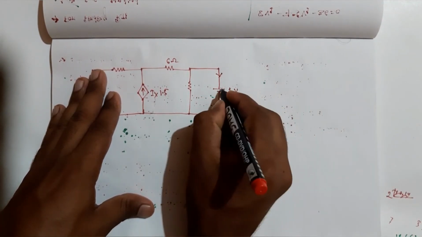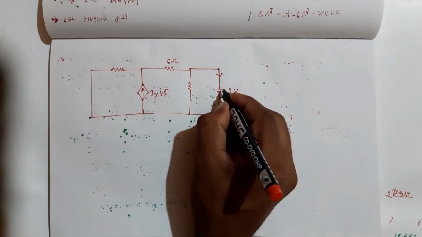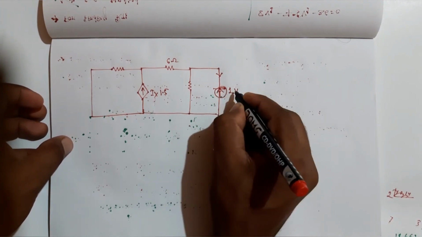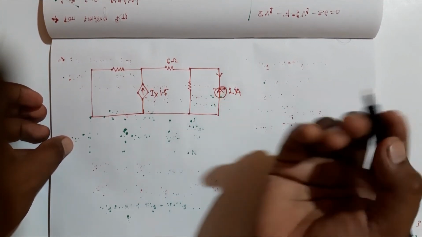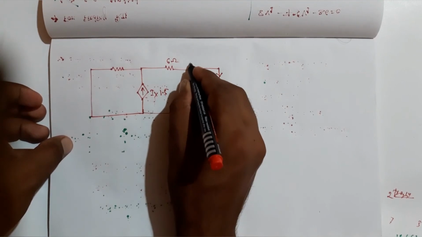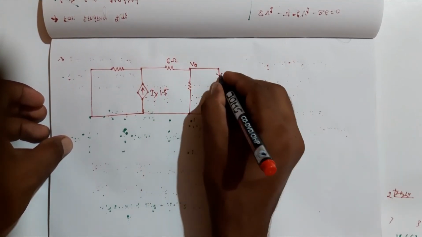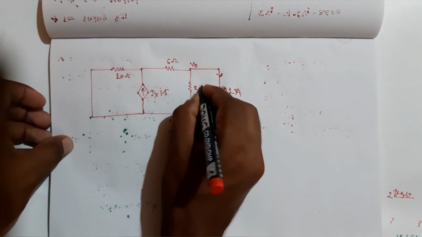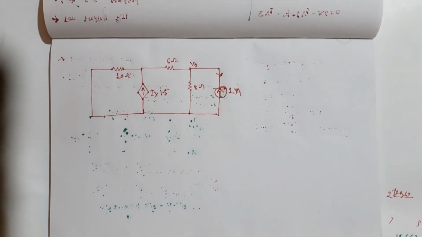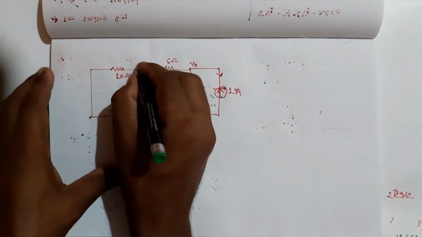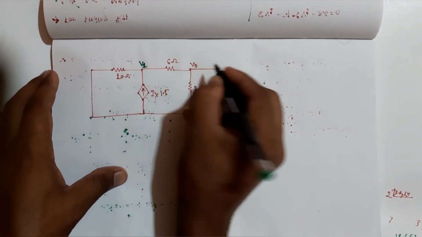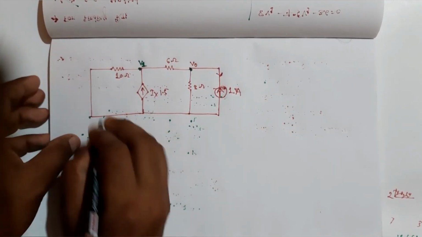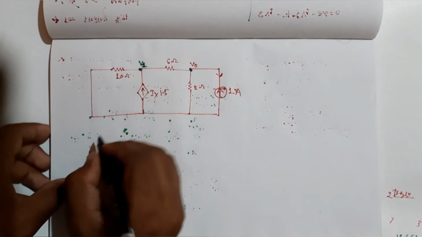Let us connect a current source, and we need to find this voltage. This is 10 ohm. This is 8 ohm. For dealing with this type of problem we need V1, this is V0. First is node 1 and this is node 2. Let us apply the node equation.